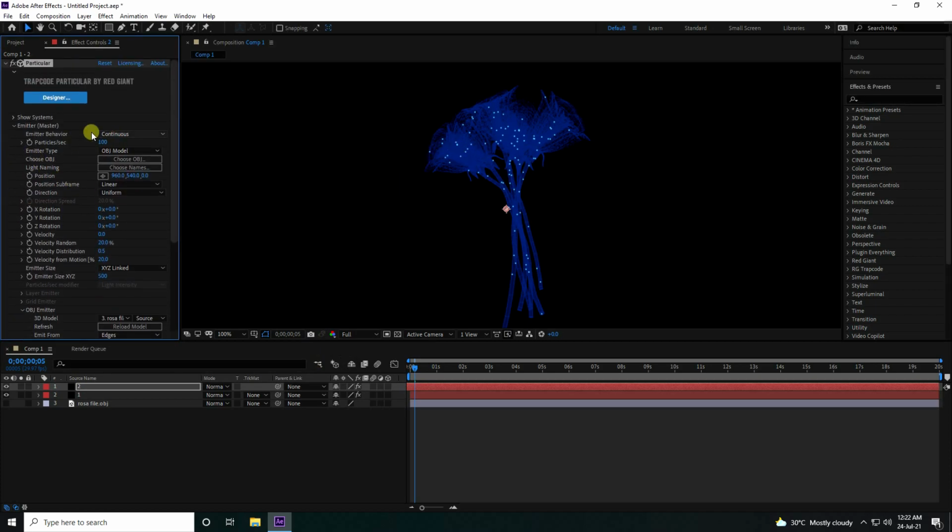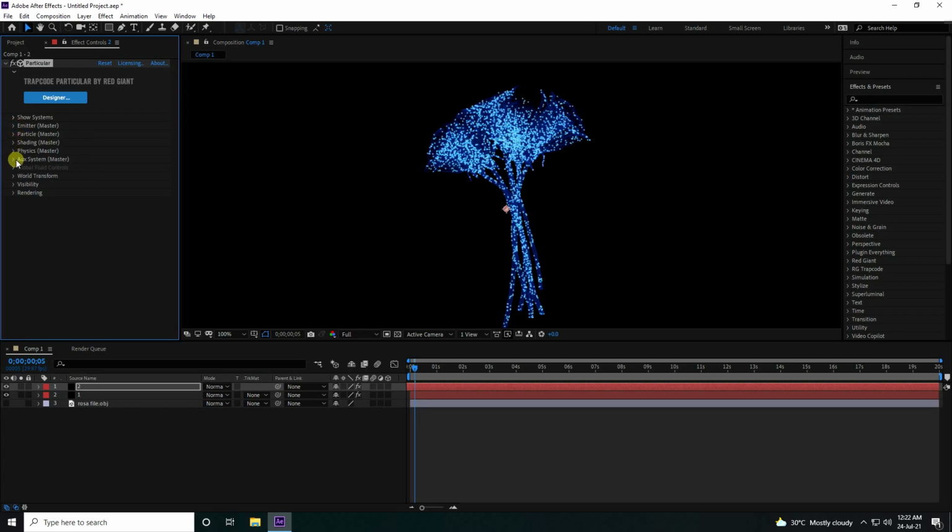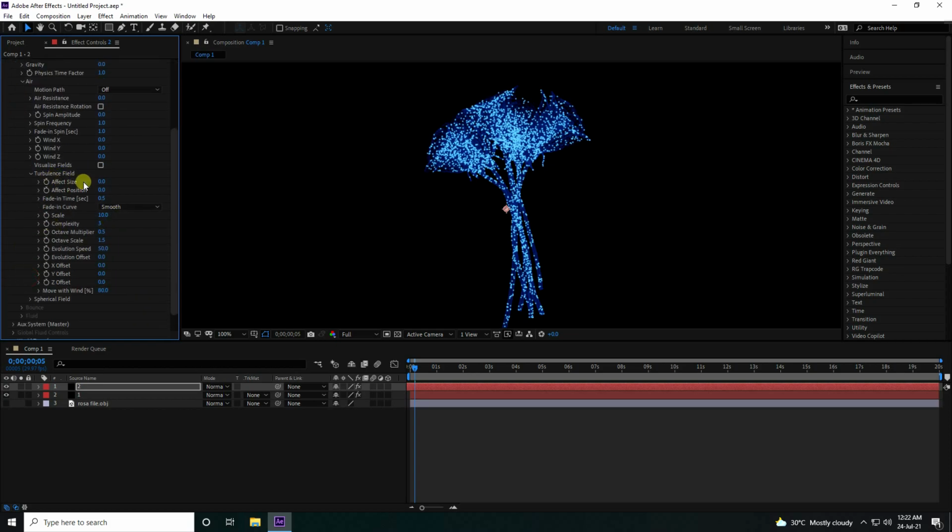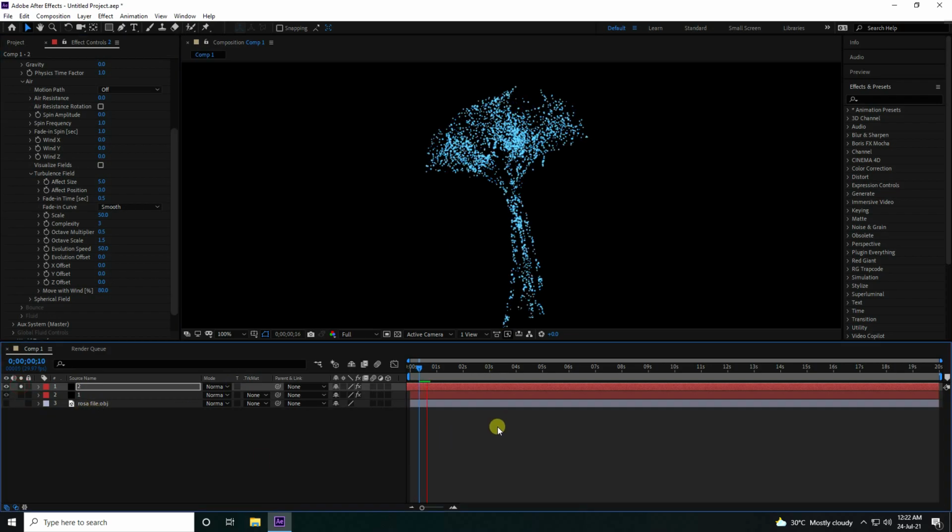Okay, so guys, go to the Emitter. I increase the particles to like 3000. Yes, better. And guys, go to Physics and Air and use Turbulence mode, this one, and change the effect. Size randomly I like 5, and scale size increase to like 50 also. Yes, better, and play. See guys, that's my second particle effect, right?